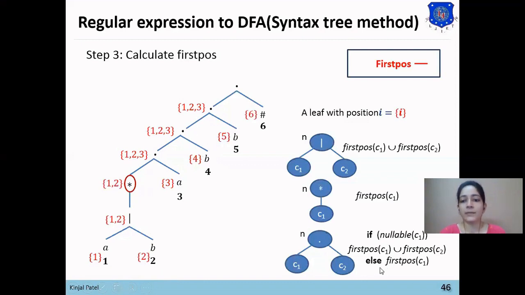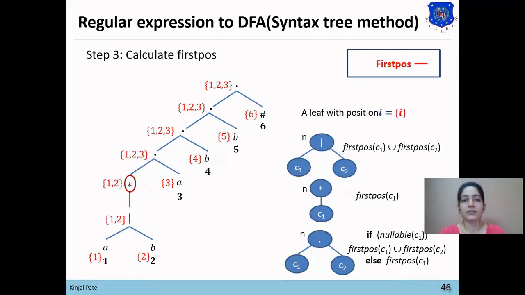If it is not nullable, then we will just copy down the first position of C1, which we have done. Now the last dot, the fourth dot. The fourth dot also has A, B and B as a must string, so it is not nullable. So if C1 is not nullable, we will just copy down the first position of C1. So first position of C1 has been found.